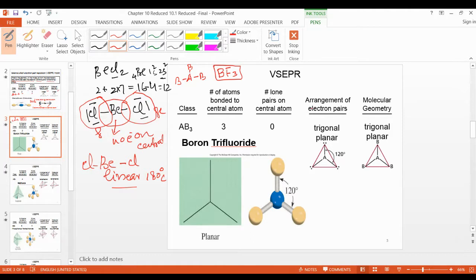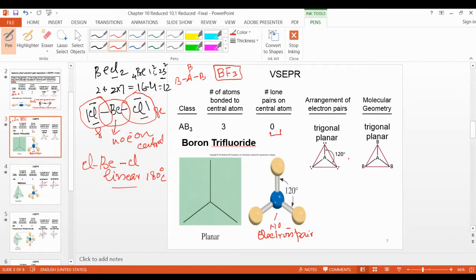After getting the Lewis structure, you will find there is no lone pair of electrons on the central atom. So this is simply a triangle like this. This triangle is trigonal planar, just like a plane. If you put this triangle, all angles are equal, an equilateral triangle, and the angle between these two is 120. Here is 120, here is 120, all are 120.